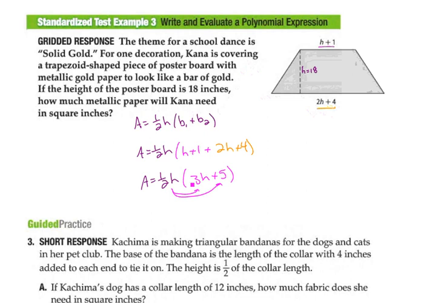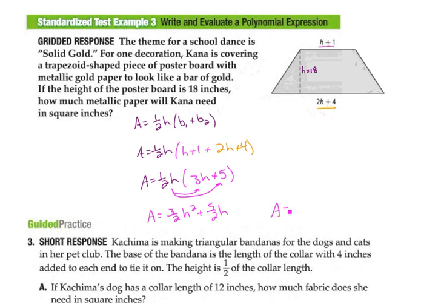So what is 1/2 times 3? 3 over 2, and then I have h squared plus, what's 5 times 1/2? 5 over 2 h. Okay, with that in mind, now I can go ahead and plug in that 18 because